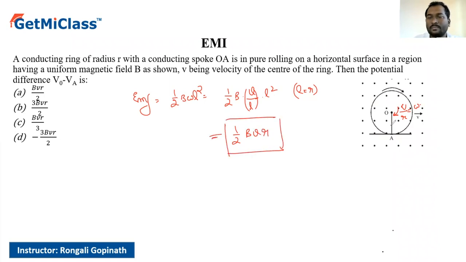You can see that this is the direction of v with respect to O. So v cross B will be, this will be positive and this becomes negative. v bar cross B bar, B bar is out of the page, so v cross B is like this. That would be option